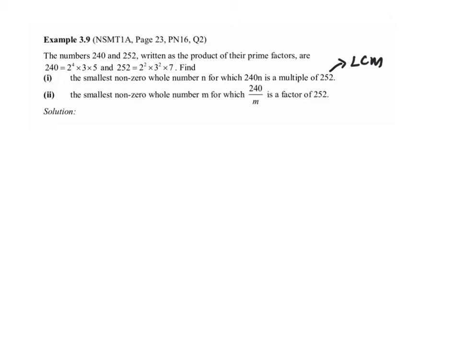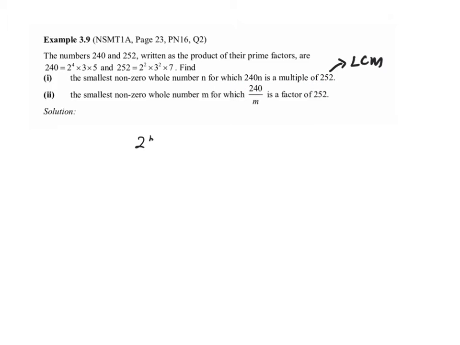So for the following question, the numbers 240 and 252 are written as the product of their prime factors. They are as follows: 240 is 2 power 4 times 3 times 5, and 252 is 2 power 2 times 3 times 7. So what we need to do is to find the smallest whole number n for which 240n is a multiple of